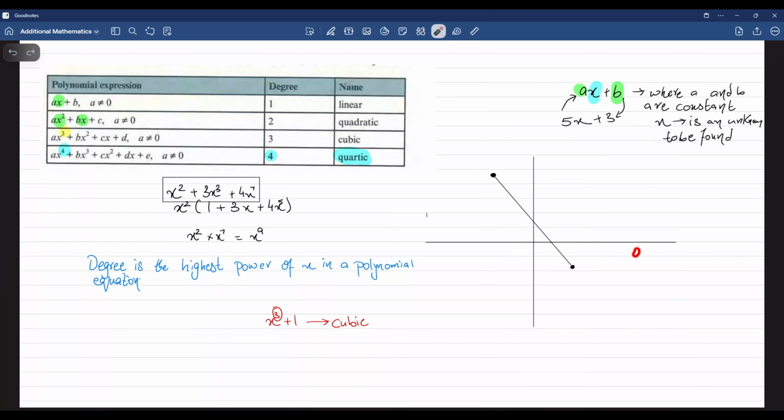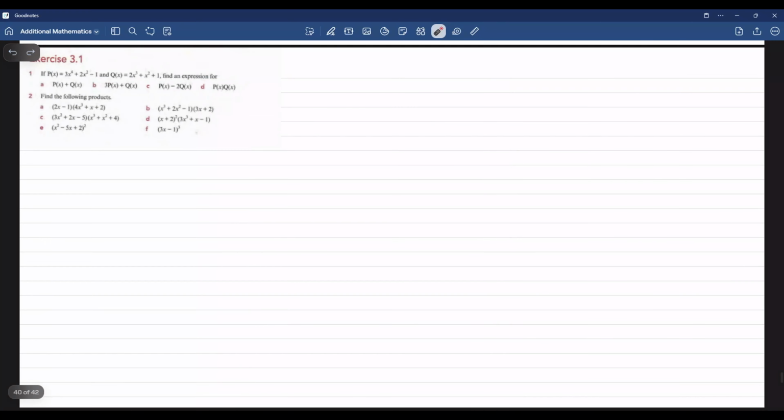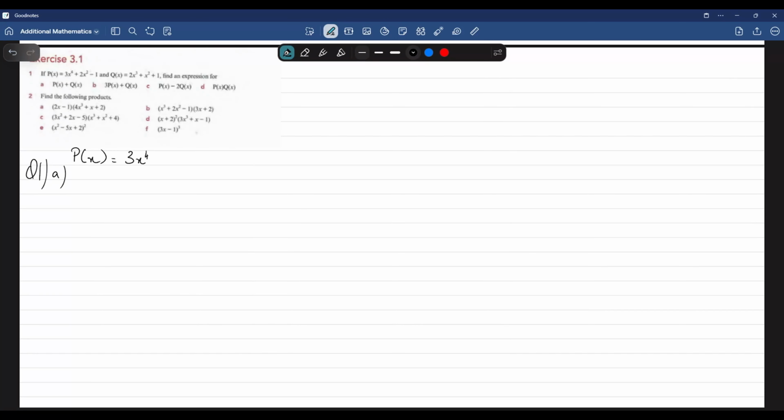Okay, so this is the first question we are doing from the new AddMaths O-Level and IGCSE book, which is the third edition book. Okay. Now for question number 1, we have Px. Let's just copy down the things first. Px is equal to 3x raised to the power 4 plus 2x squared minus 1. And Qx,